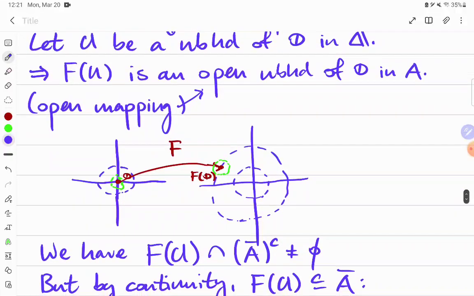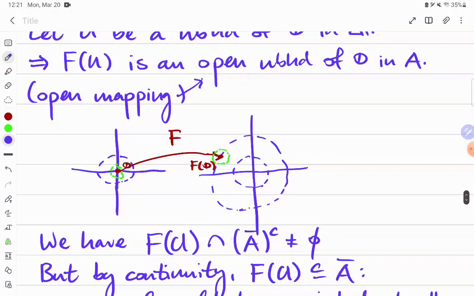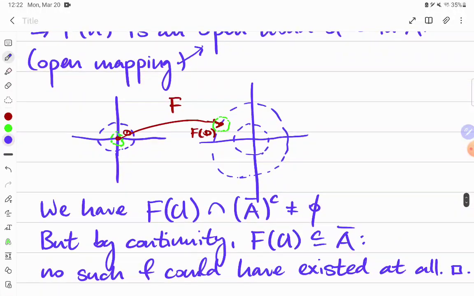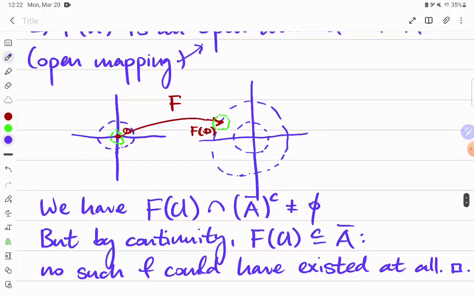But this is not possible if we have F of U in the intersection of the complement of the closure of A. This is a lot of words, but just everything outside this region over here and everything within this disk over here is the complement of the closure. And some part of this image over here has to intersect that. It has to lie in the complement. This is non-empty. But this is a contradiction because by the continuity of f,